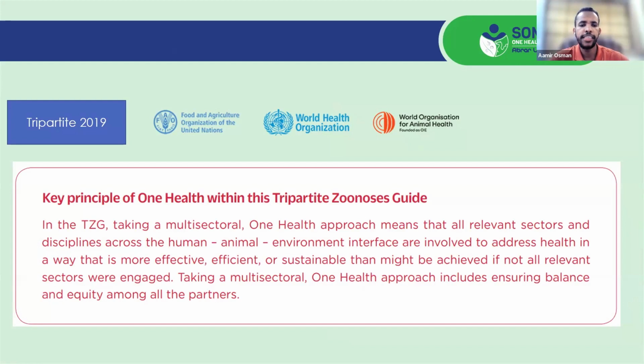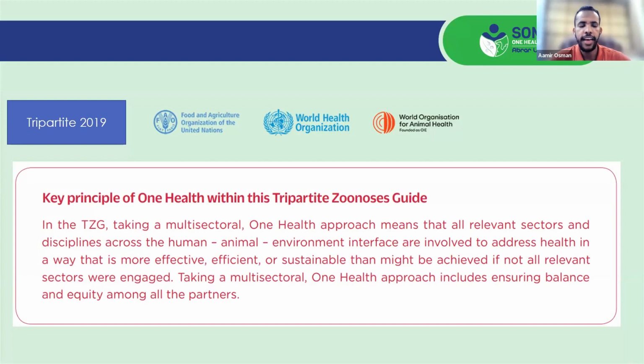But it is important to note that originally there was what was called the tripartite collaboration, which is the Food and Agriculture Organization, the World Health Organization, and the World Organization for Animal Health. At that time, there was a definition proposed. If you read the definition carefully, you will see that the absence of explicit reference to plants and ecosystems is the most highlighted point here.